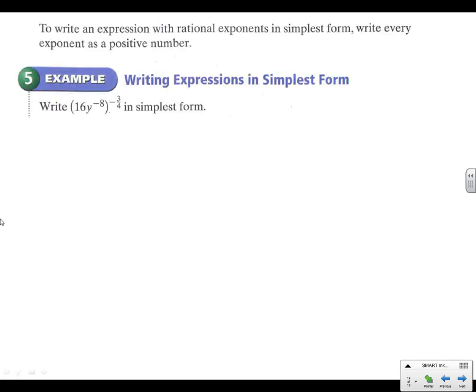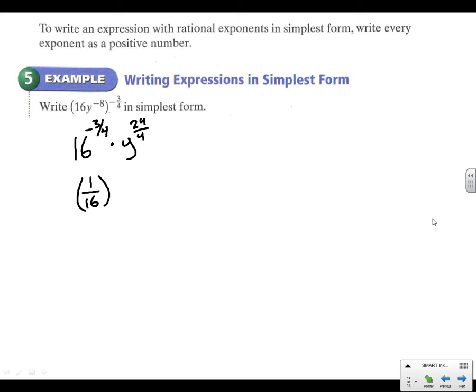And let's wrap it up here with number 5, and we're going to introduce some variables here. Same rules apply. So let's distribute first. We've got 16 to the negative 3/4 times y to the positive. Now you'll notice a negative times a negative. 8 times 3 is 24 over 4. We'll deal with the 16 first, so it's going to be a negative, so 1 over 16